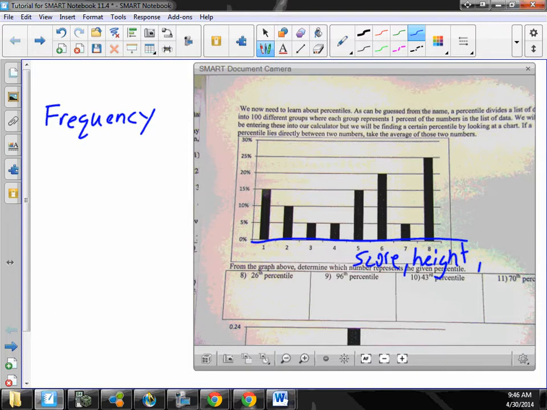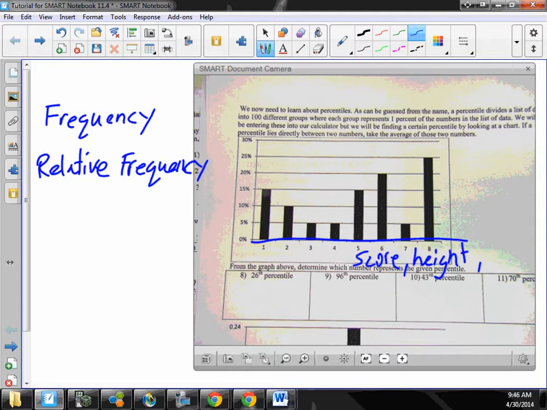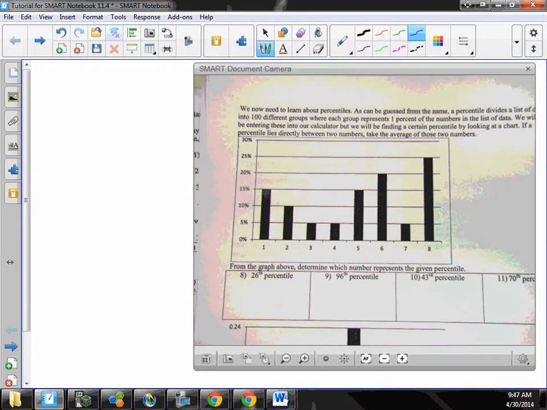The other way to do it is a relative frequency. A relative frequency does not graph how many times something happens, but what percentage of the total that represents. So the one we're looking at now is a relative frequency histogram. The funny thing is, the shape of a relative frequency histogram and a frequency histogram is exactly the same. So if we look at this graph and we say this was the score on a national test,